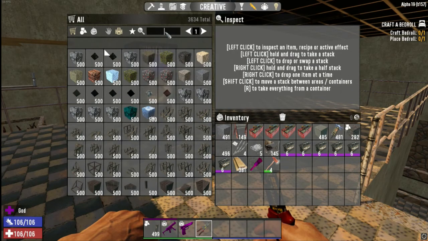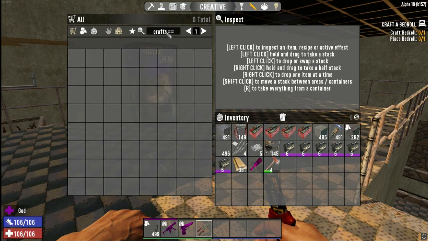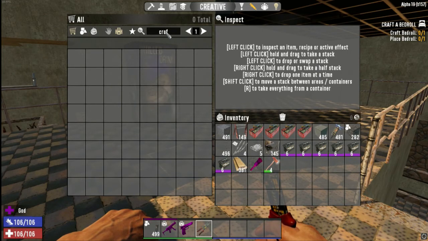Let's do crafty... I can't spell. I got to move my mic. Crafty...